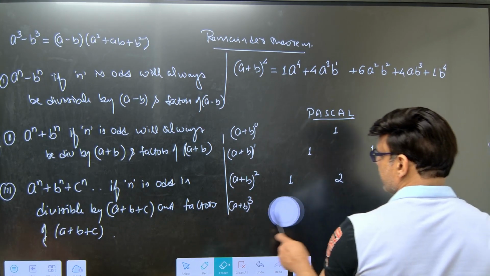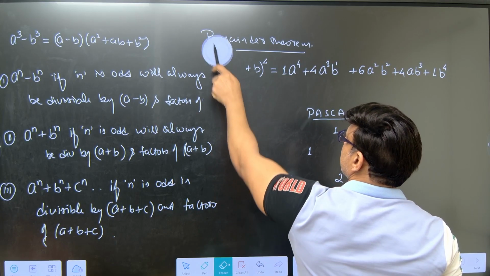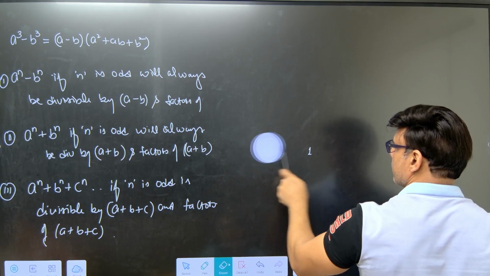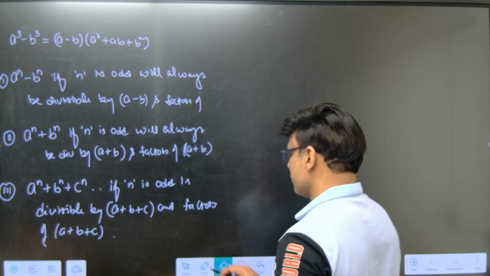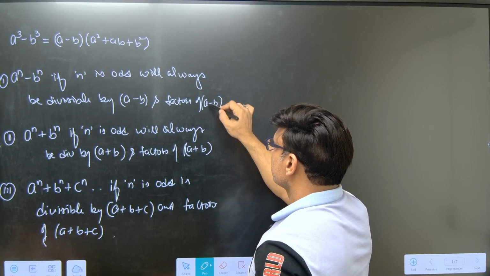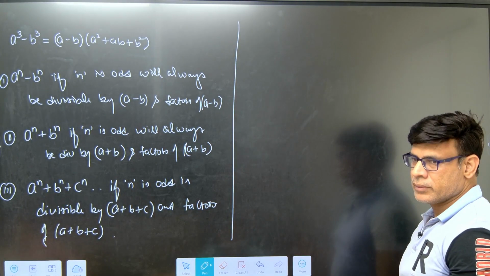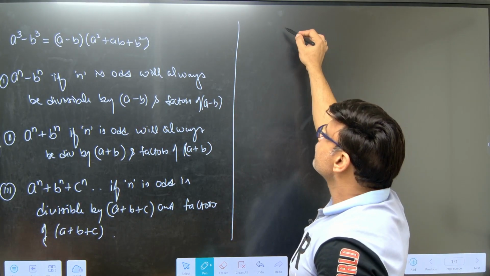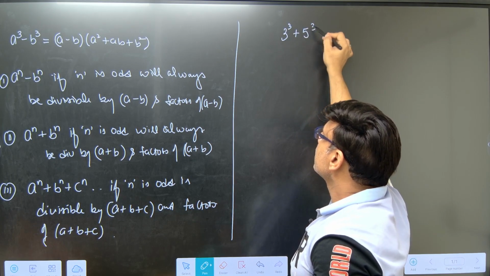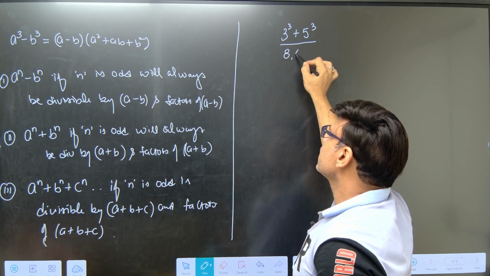So, can we say 3 cube plus 5 cube should be divisible by 8 as well as 4 as well as 2,